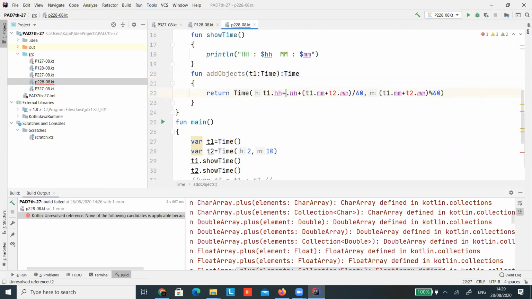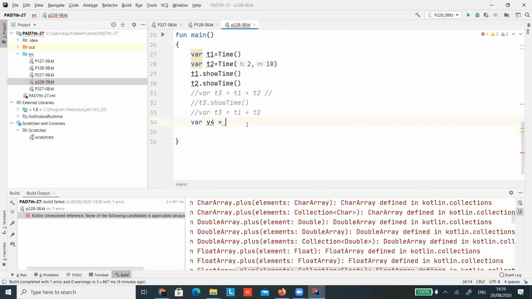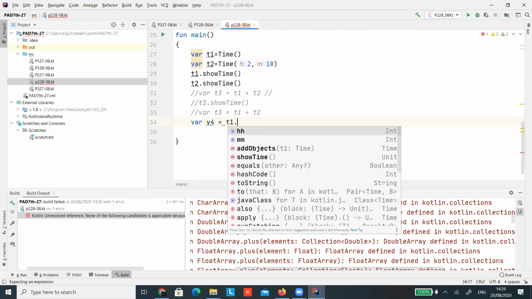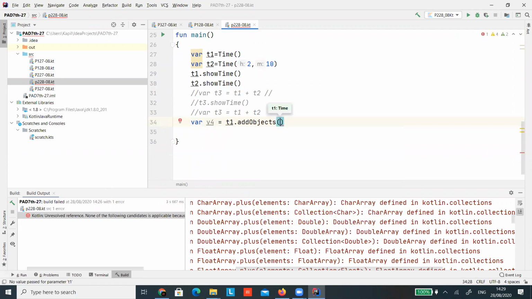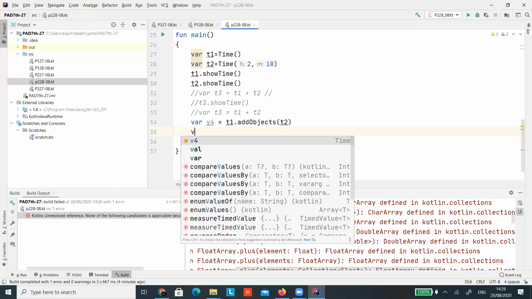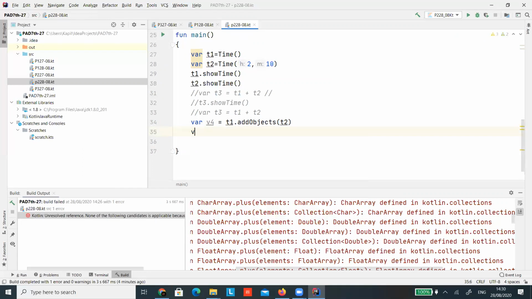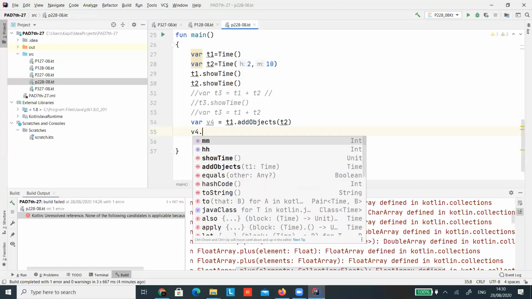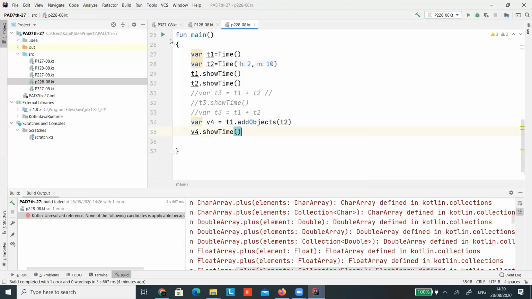So instead of two I can write this, because the calling object is always there. This is the OOPs fundamental. Here I will write t1 dot add objects t2, and then v4 dot show time, and let's see whether this is working or not.